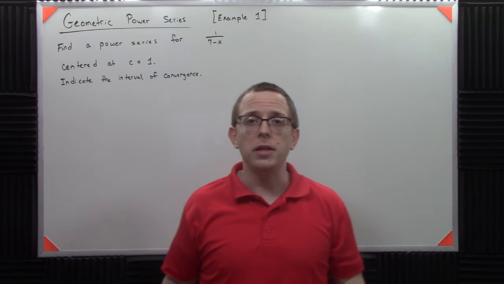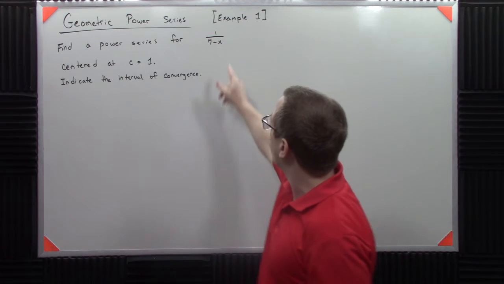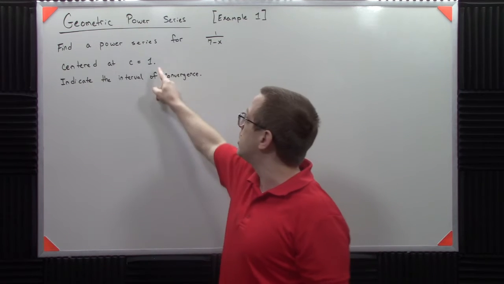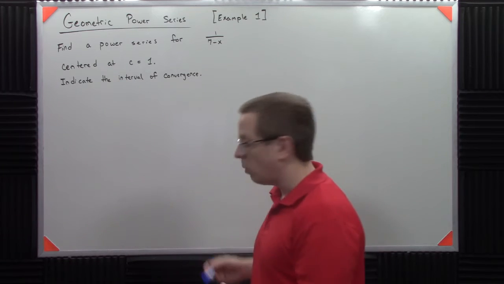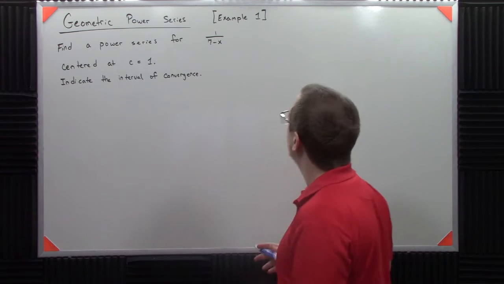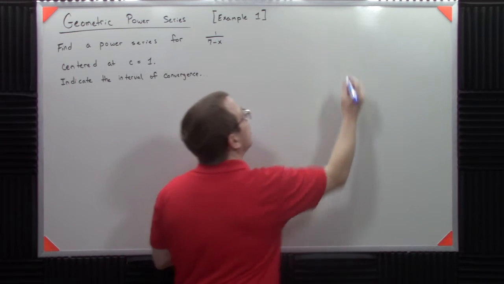Let's apply the techniques that we learned about geometric power series and find a power series for 1 over 7 minus x centered at c equals 1, and then we're going to talk about the interval of convergence. Well, let's get to it. So I guess one thing we need to do is go ahead and write that